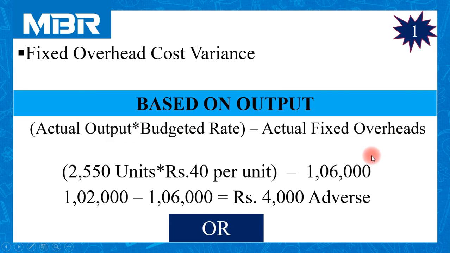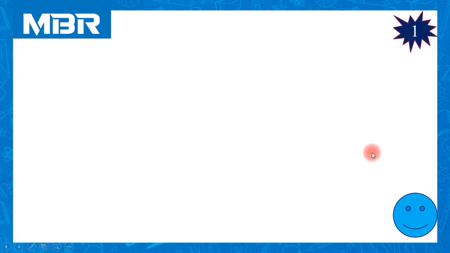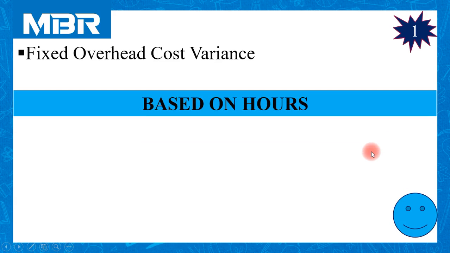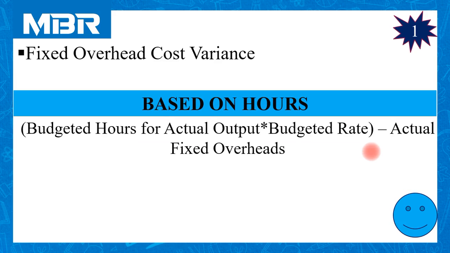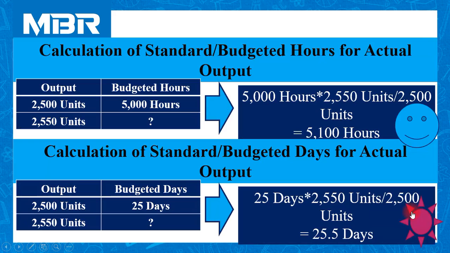Second option for calculation is the calculation of fixed overhead cost variance based on hours. Formula for the calculation: budgeted hours for actual output multiplied by budgeted rate minus actual fixed overheads. Budgeted hours for actual output: here we have completed calculation of budgeted hours for actual output,